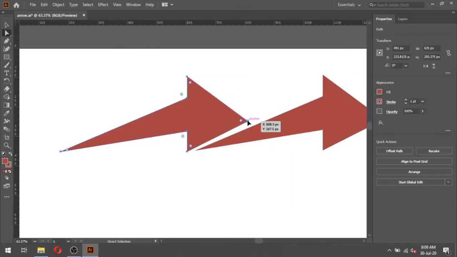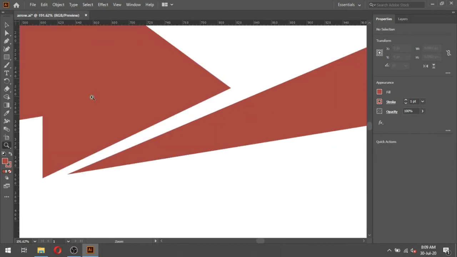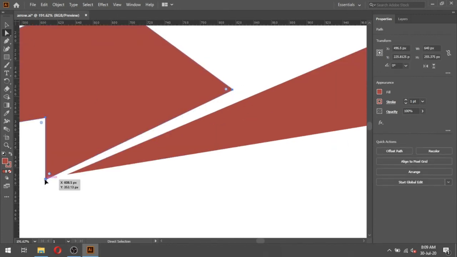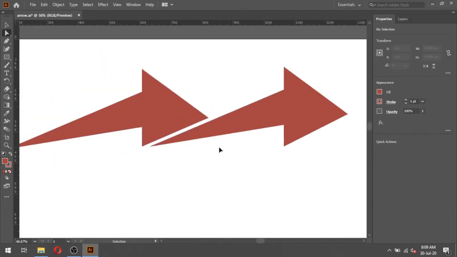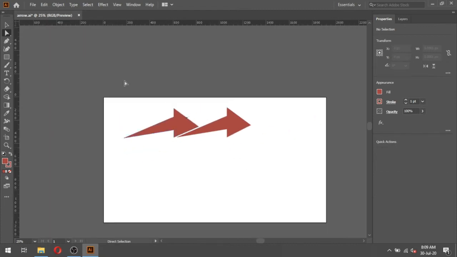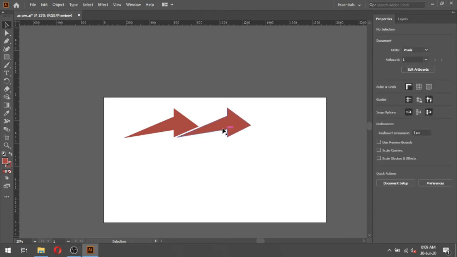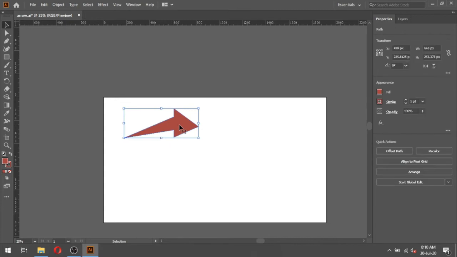Hold on the Alt key and drag it to copy. Modify the arrow. Now delete this one. Hold on the Alt key.